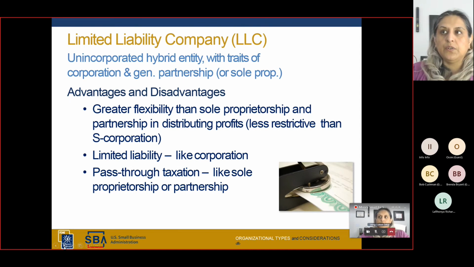So, transferability. This is one of the benefits of the LLC. So the LLC members, somewhat like partners in a partnership, cannot transfer their ownership. In most circumstances, an LLC does not,